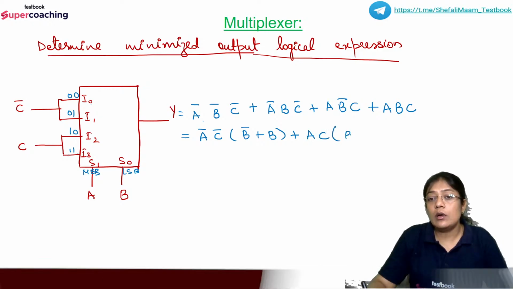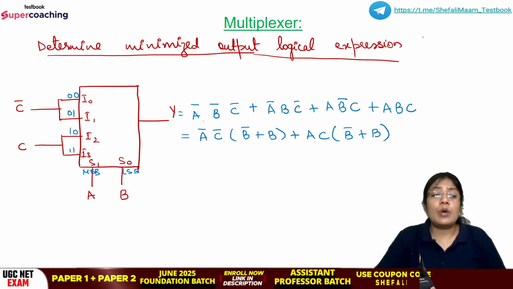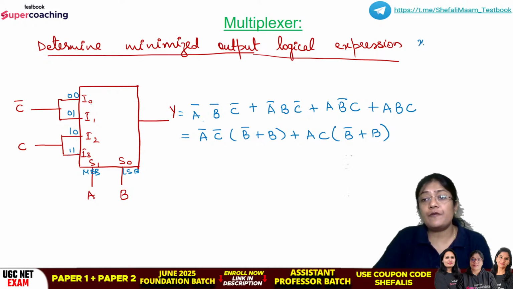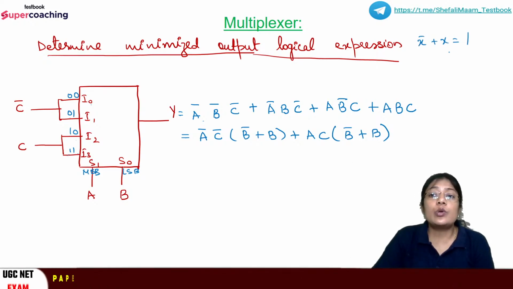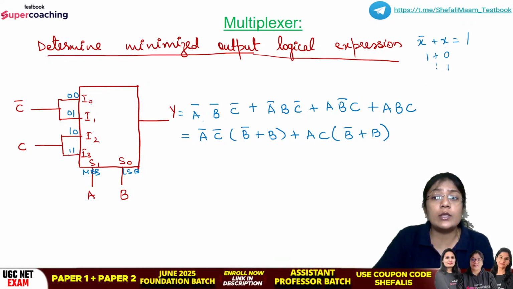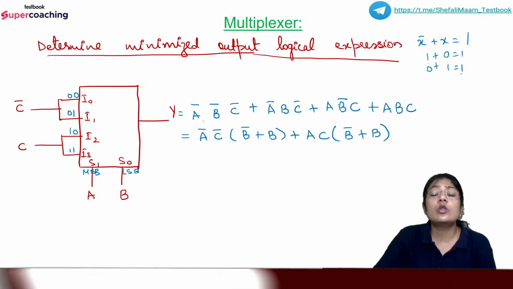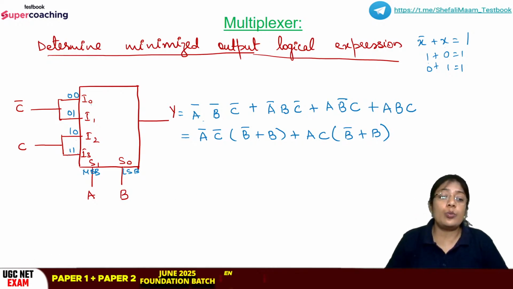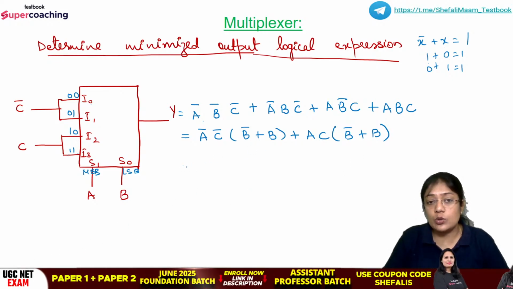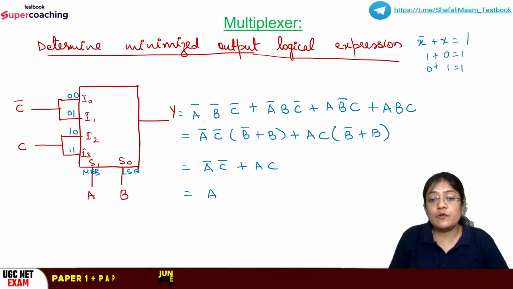We are getting here B complement plus B. We know that हमें एक Boolean algebra law पता है, if x complement plus x is given, this is always equal to 1. क्योंकि अगर x की वैल्यू 0 है तो x complement will be 1. अगर x की वैल्यू 1 है तो x complement will be 0. Anyhow, दोनों इनपुट में से एक इनपुट तो हाई है, so the output remains fixed. So we are saying that this value is 1. So this is returning A complement C complement plus AC,